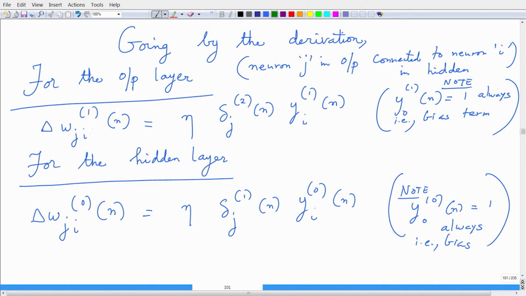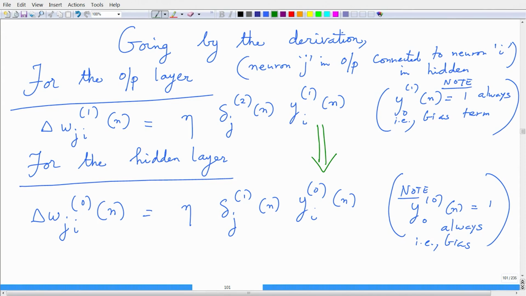Now, delta wji of 1 at time instant n is eta times the local gradient at node j in the output layer times the input, which is basically the function signal yi of n, yi1 of n, because this is the input from the ith hidden node to the jth neuron in the output layer. This is straightforward, and do the math in a straightforward manner, just similar to what you did for the output